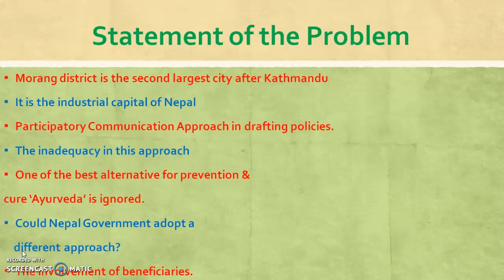Participatory communication approach is lacking in drafting policies, not only in the Ayurveda sector but in many other sectors too. There is an inadequacy of this approach. One of the best alternatives for prevention and cure is Ayurveda, and that is completely ignored in the district of Morang as well as in the country of Nepal. The author tries to analyze and understand, and asks the question: could the Nepal government adopt a different approach? How